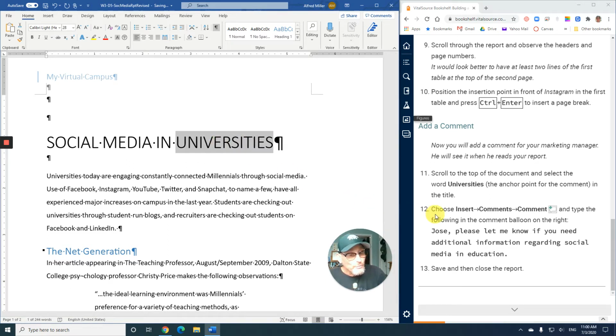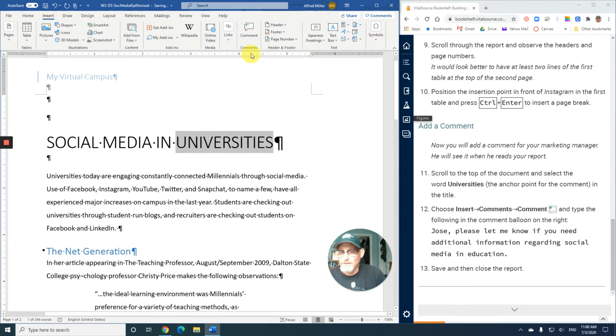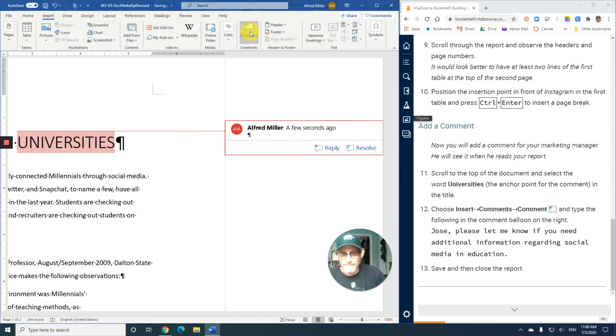And it says in step 12, choose insert comments comment. That's insert comments group comment. And I just need to type what is there in step 12. The line that says Jose